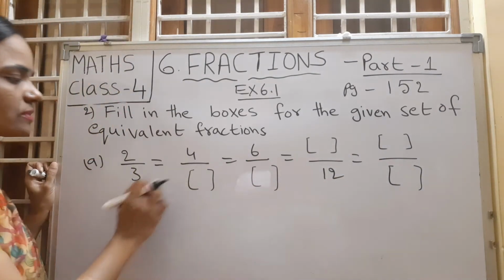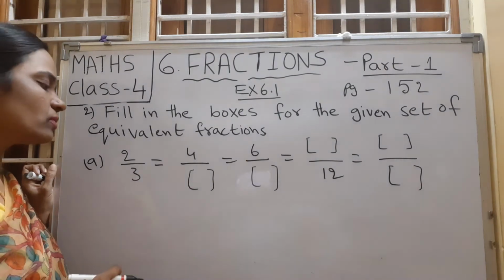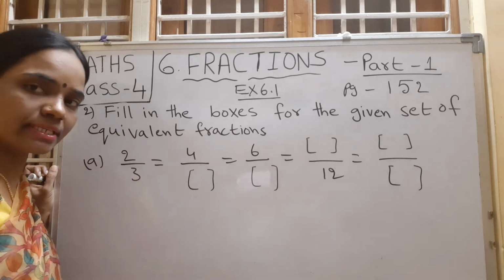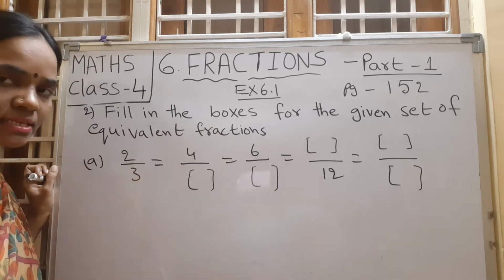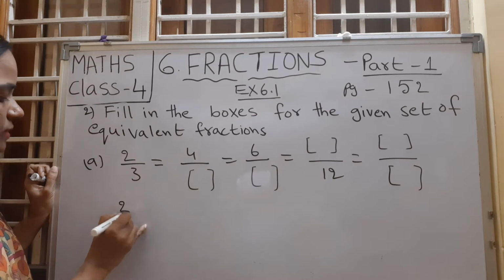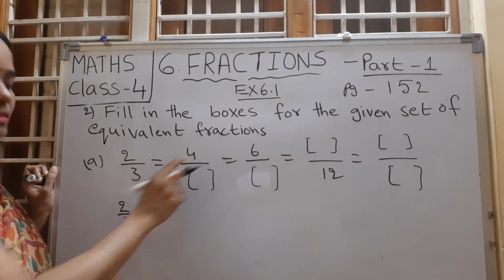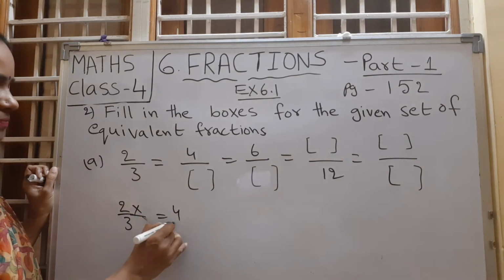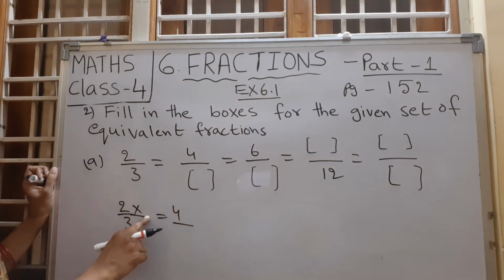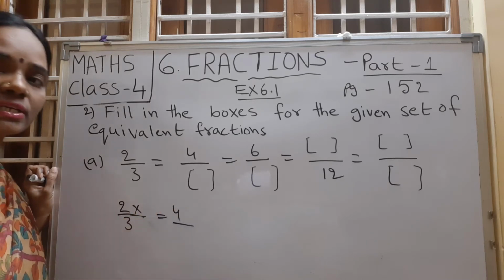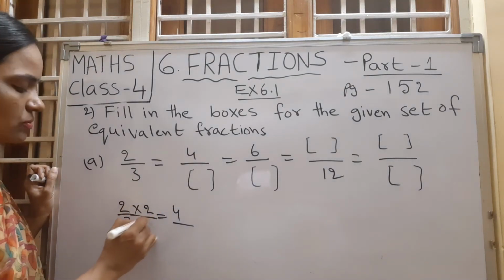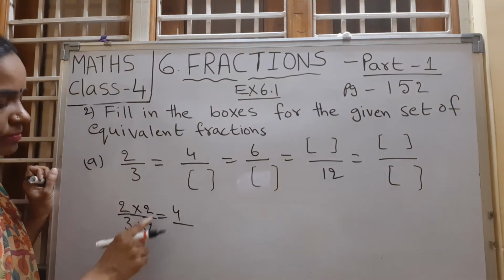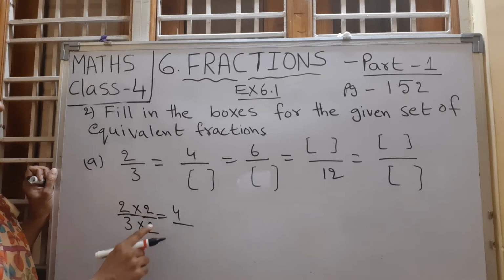So to get equivalent fractions, what do we have to do? Here only one thing we have to do, that is multiply the numerator and denominator with the same number to get the next fraction. So the first one is 2 by 3. Here 4 is there, so you have to multiply by one number to get 4. So down we have to find out. In the 2 table, when do you get 4, children? Yes, 2 only. So up and down multiply with 2. Numerator and denominator should be multiplied by 2 to get the next fraction.